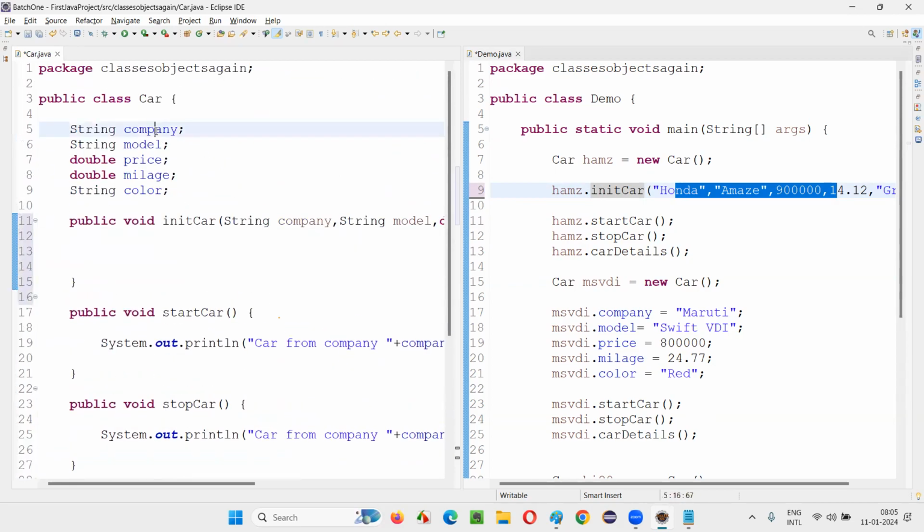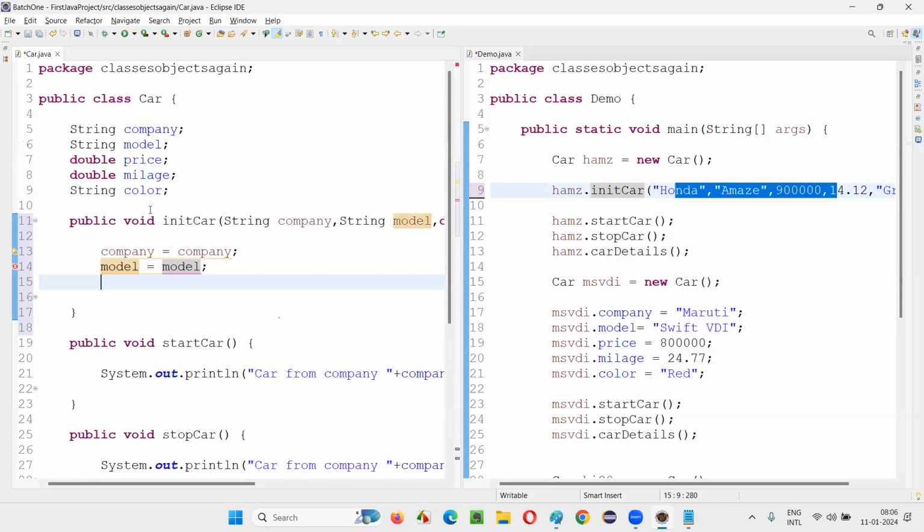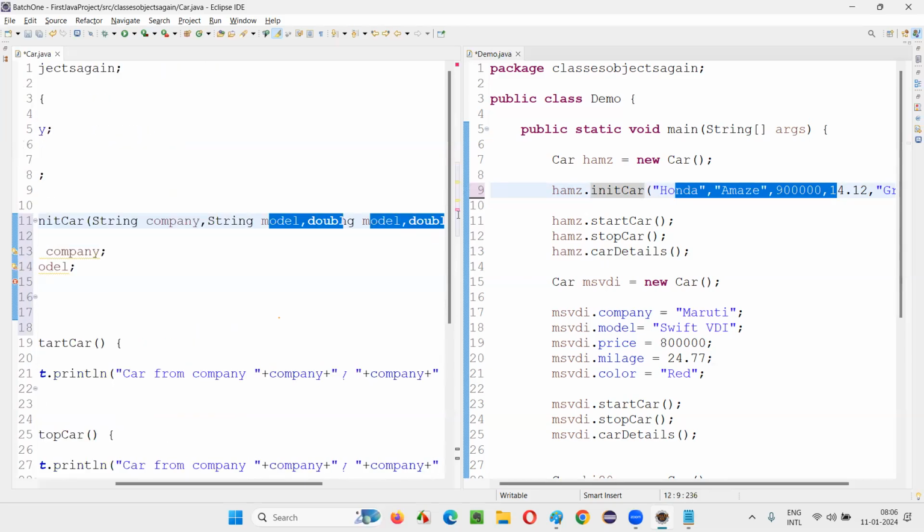So now here I'll say company is equal to, global variable company is equal to company. Global variable model is equal to model. Global variable price is equal to price, parameter price.